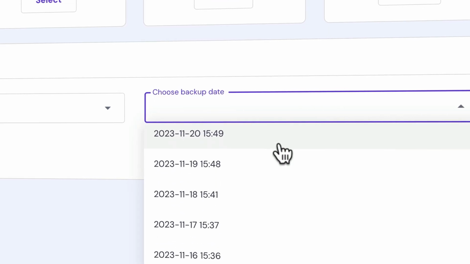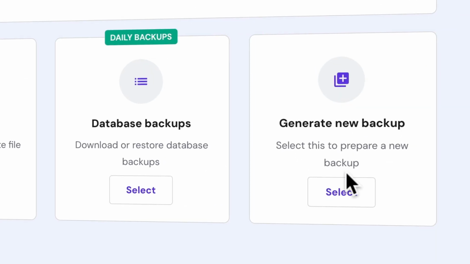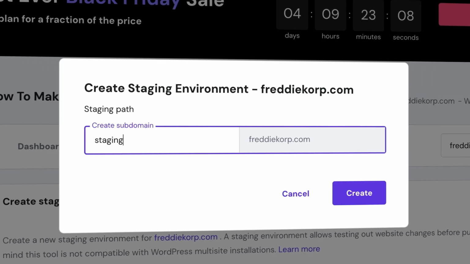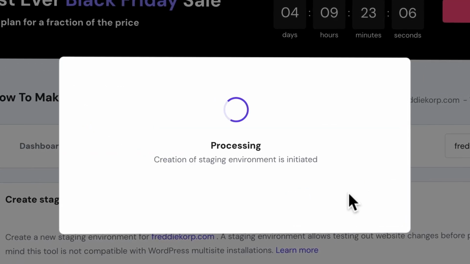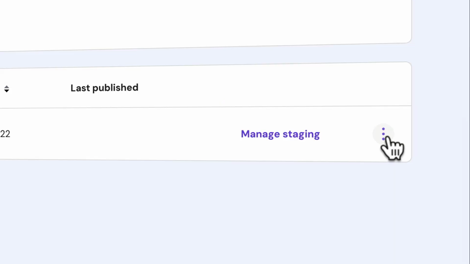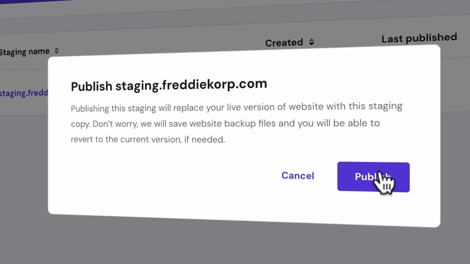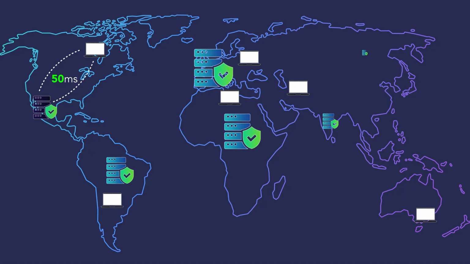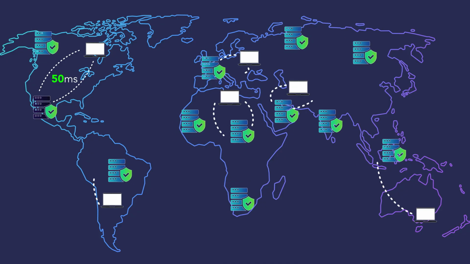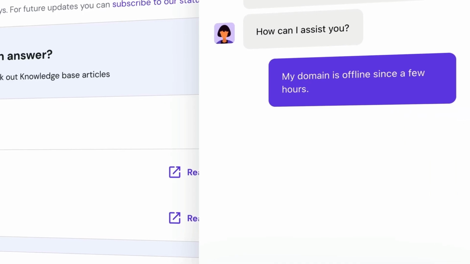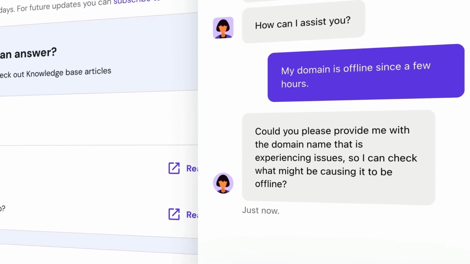We'll also talk about restoring backups, creating backups manually, and using the staging tool so you can edit a copy of your website, and when you're finished with all the adjustments, push that staging website to the live website so you never can mess up something on your live website. We'll talk about web hosting features that make your website faster, like CDN, and how to get access to the support if you ever need support.